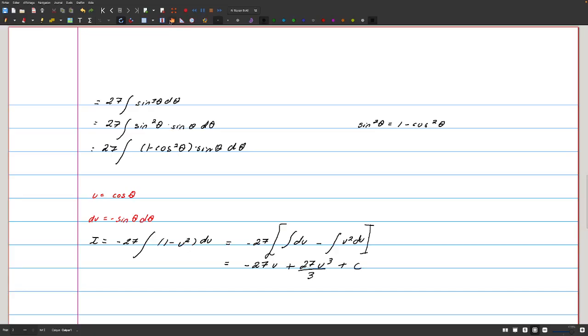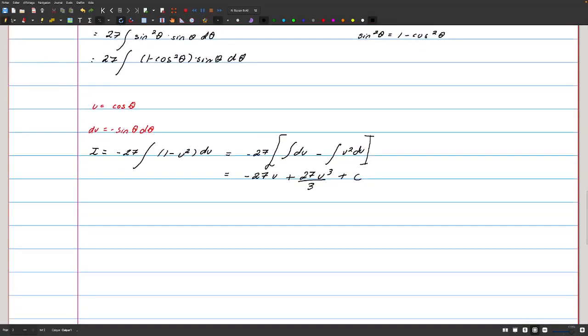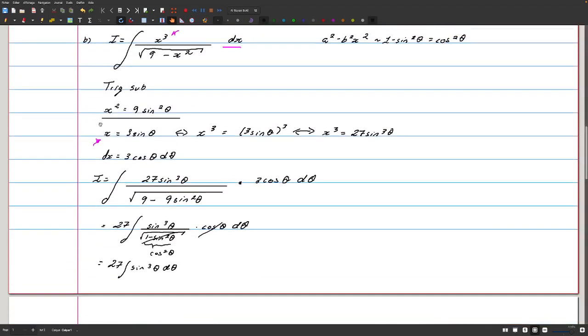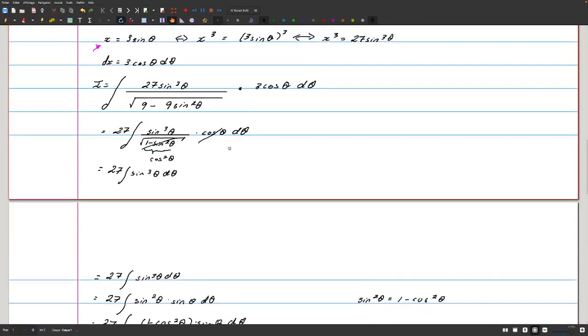Good. So we can simplify a little bit more here. We say minus 27 cosine of theta, because u is equal to cosine, plus 9 cosine cubed of theta. Good. Now remember, we have our thetas, and we can't leave it under theta form. We were originally given x's, and we know that we had the property x is equal to 3 sine of